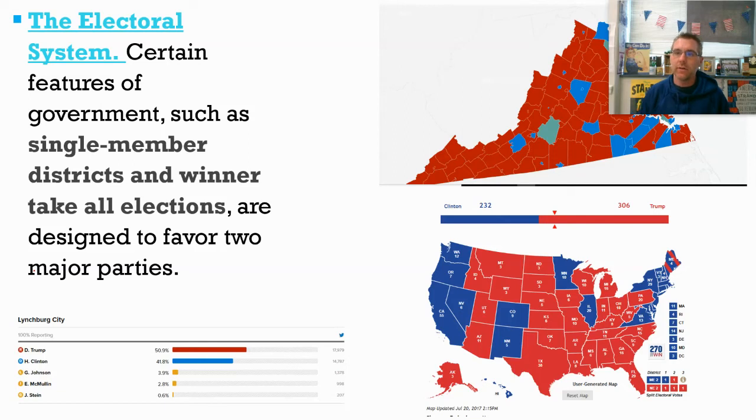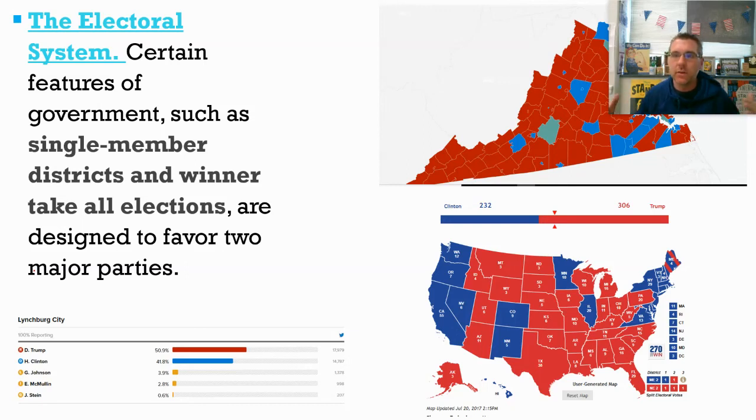And then you also have winner take all elections. And I talked about that with the Electoral College and how that's going to really, really favor the two parties, because all you got to do is win the most votes and then you get all the electors, unless you're in one of the weird states, Maine or Nebraska. And this makes it so that a third party candidate could pick up 20% of the vote. And that has happened before. In 1992, Ralph Nader picked up 19% of the national vote. Yet because he didn't win a single state, he got 0 electoral college votes. So that's one of the downsides to this system.